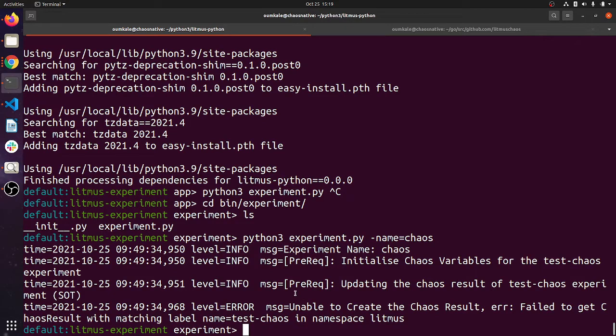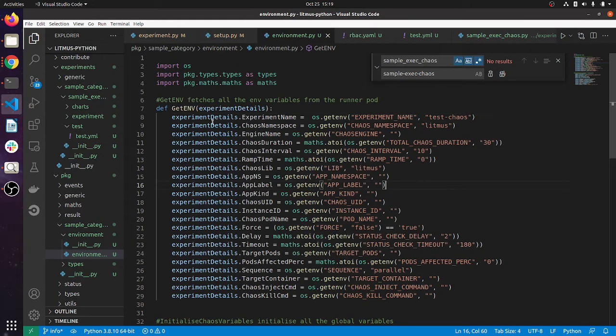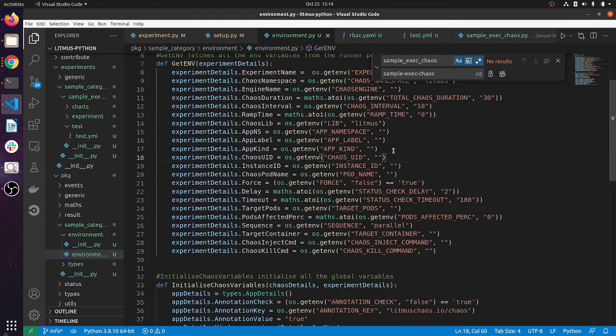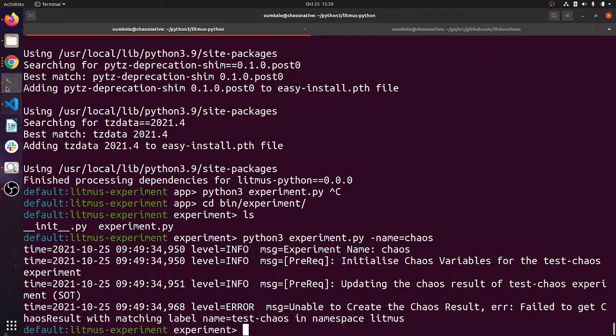It is not able to create because the resources are not there. We also haven't updated anything inside the environments, because all the environments are empty: app namespace, app label, app kind, and most things are empty. Also, the resources are not installed, so let's make sure they get installed. We can see this is in running state.